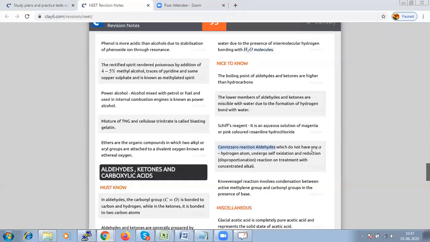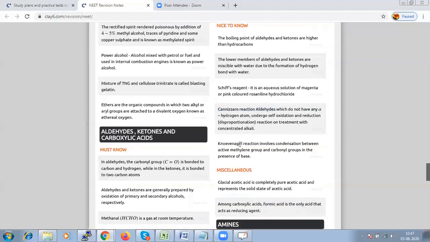aldehydes which do not have any alpha hydrogen atom, I stress, which do not have any alpha hydrogen atom, will undergo self-oxidation and reduction. That is the disproportionation reaction on treatment with concentrated alkali. And when we say the Knoevenagel reaction, this is going to involve condensation between an active methylene group and a carbonyl group in presence of